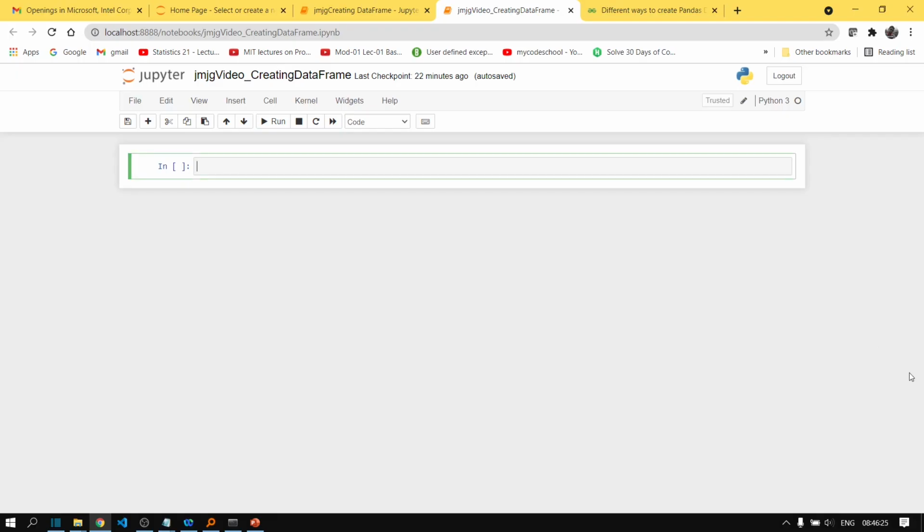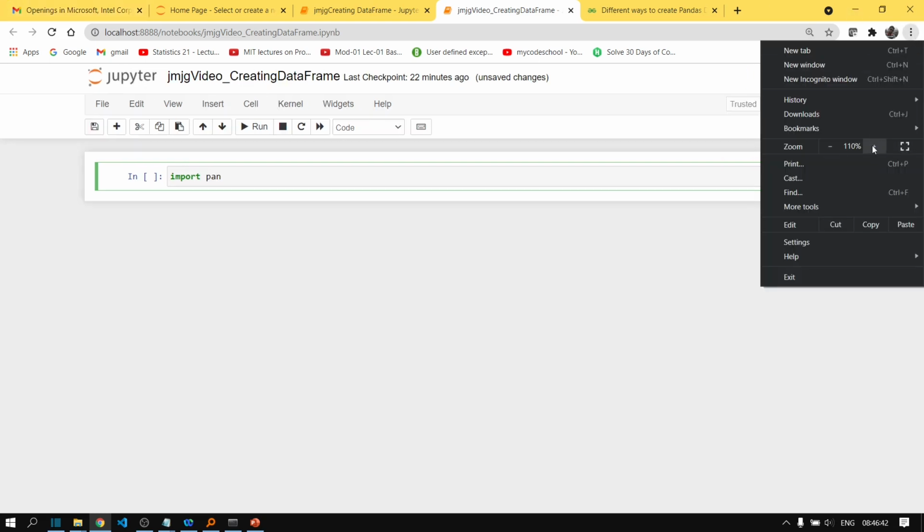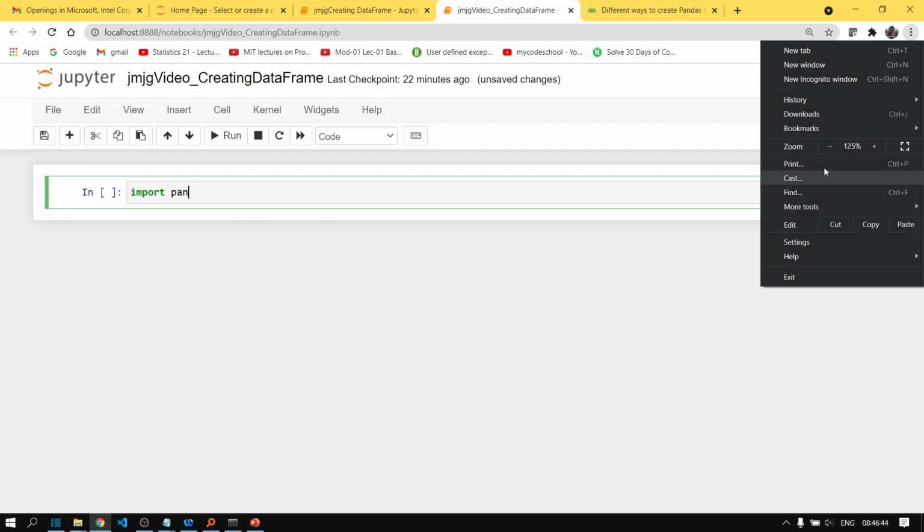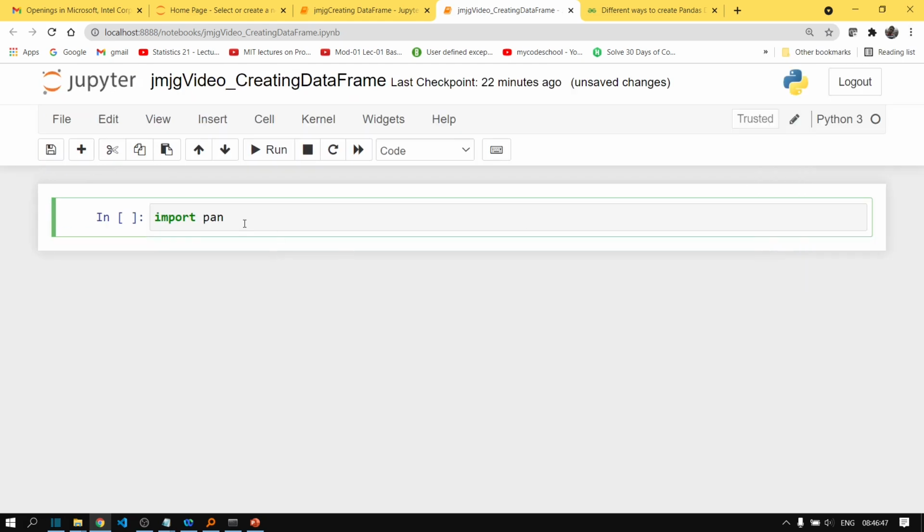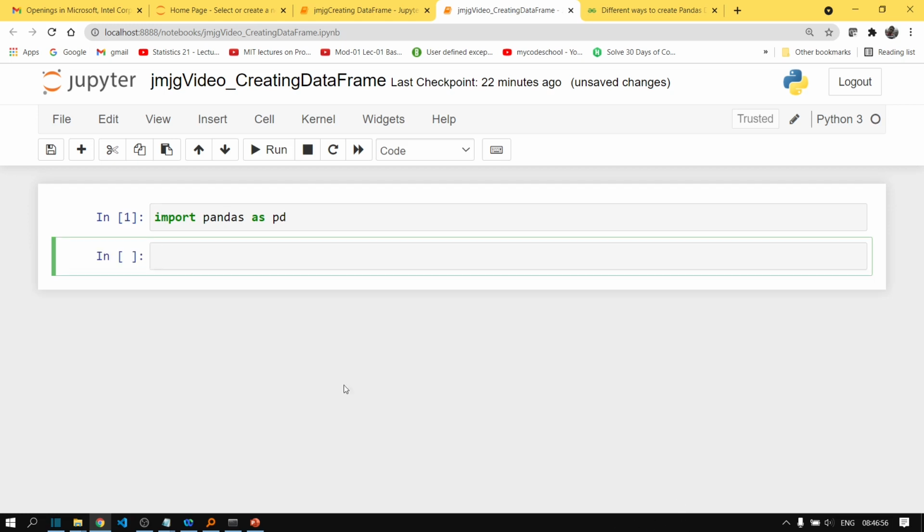Okay, so to work with anything in Pandas, what is the first thing that we have to do? We have to import the library, right? Which we have already done in our previous videos as well. So let's import Pandas. Okay, let me increase the font for you a bit so that it's easily visible. I think it's better now. So import pandas as pd, let's run it. So pandas has been successfully imported with the alias pd.